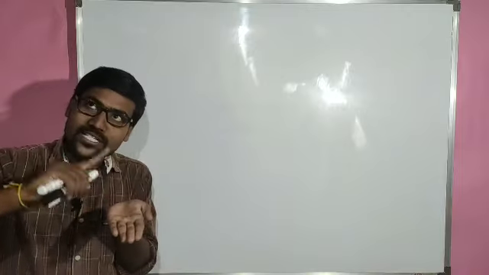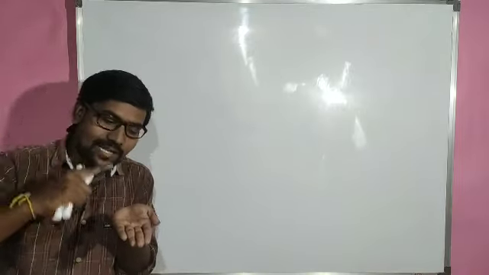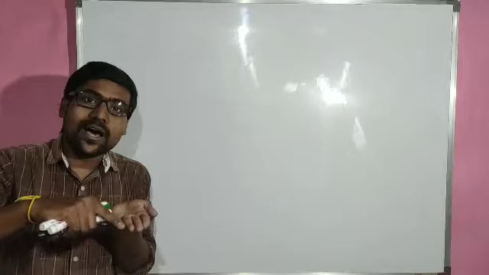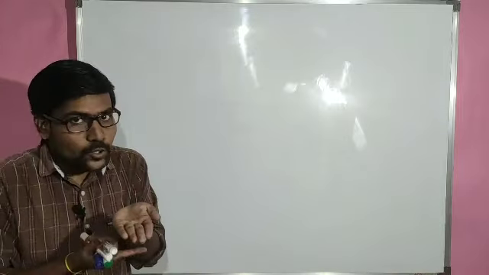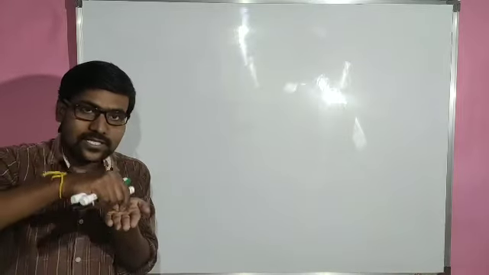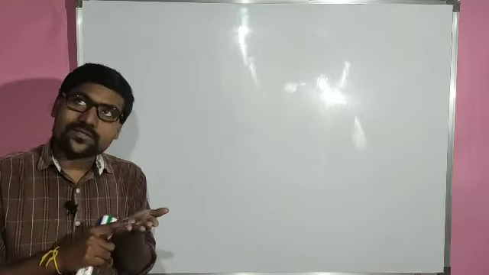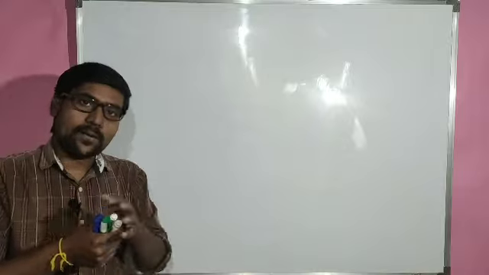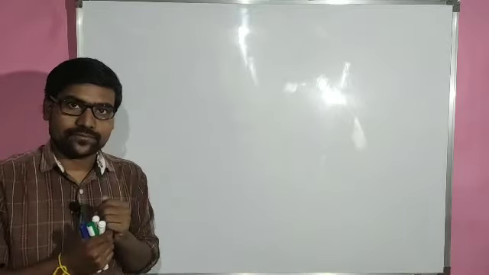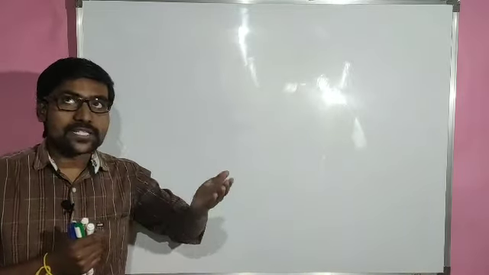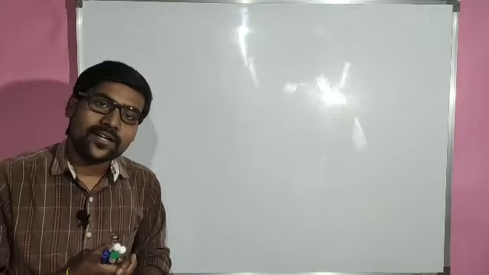So the surface which is exposed to the sunlight is very dark green in color as compared to the downside surface. This is the dorsal surface and this is the ventral surface. So the dorsal surface is more greenish in color compared to this side. But there, both surfaces are equally exposed to the sunlight.